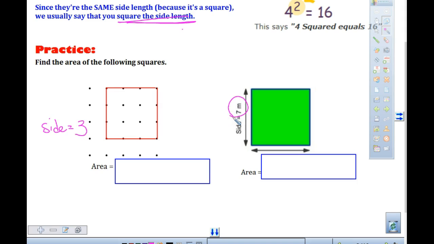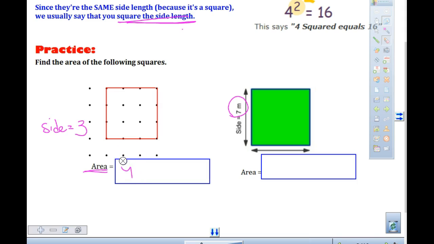So please tell me, if we square the side, what is our area? Side squared, what is our area? So, you want to write this word area down. So please write the word area equals. You can put it right in that box if you like. You can put it in the box or behind the box. Area equals